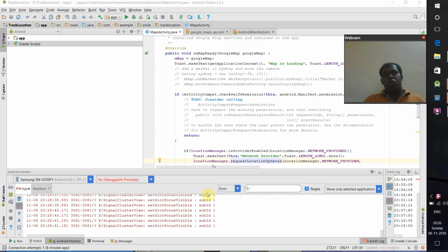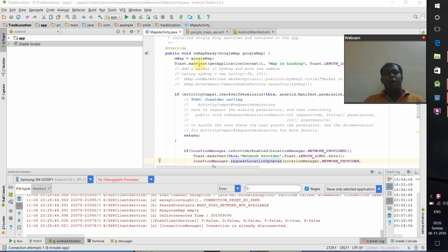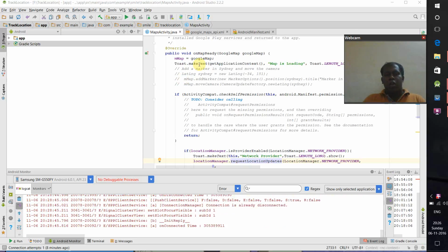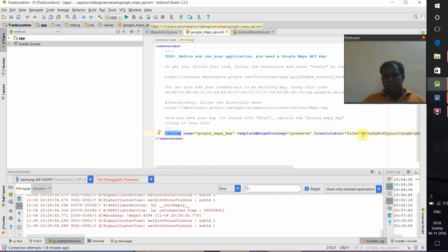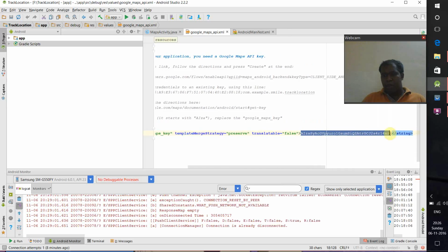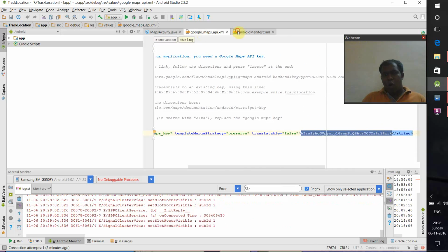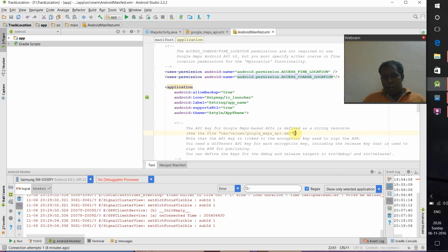So to generate an API key, you have to go to the Google console.developer.google. From there, you have to create a new project and then enable an API. Then you have to copy that API key and paste it in the google_maps_api.xml here, and it will be automatically updated in the metadata area also